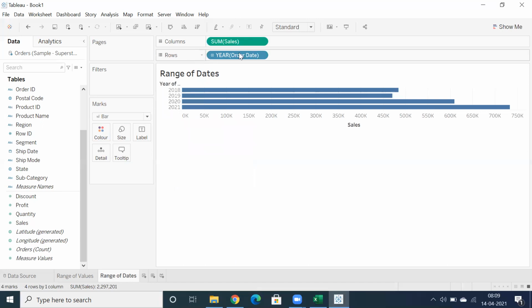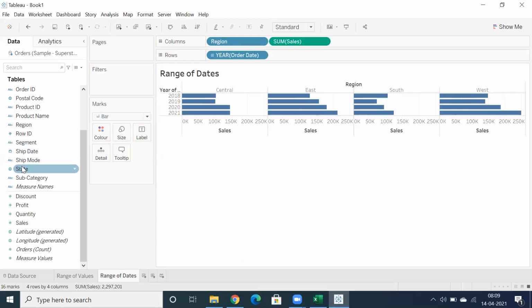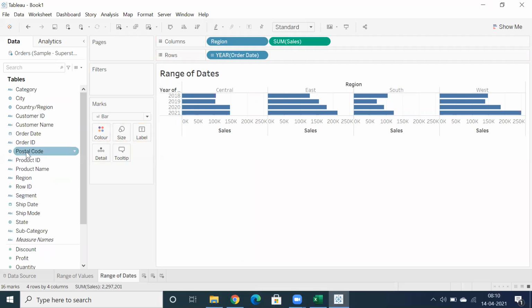Yes. If I understood what Gustin was saying, is it okay to put in two dimensions, one in the columns and the other in the rows? Like you put in two dimensions earlier, not one dimension and a measure. So he was asking if it was okay to put two dimensions on those slots. You can place any number of dimensions in columns or rows. Okay, that's what the initial discussion was, right?